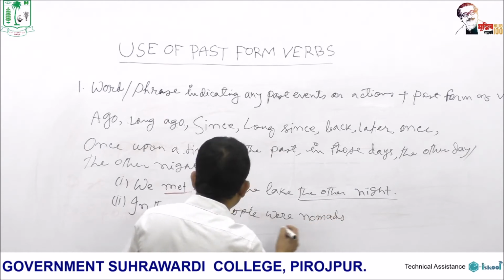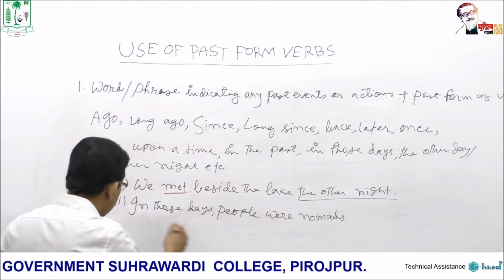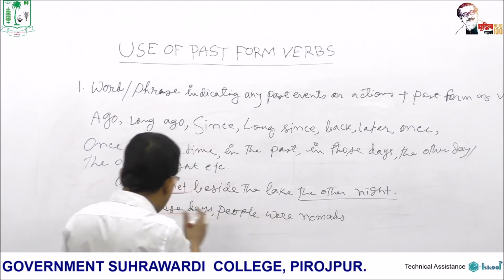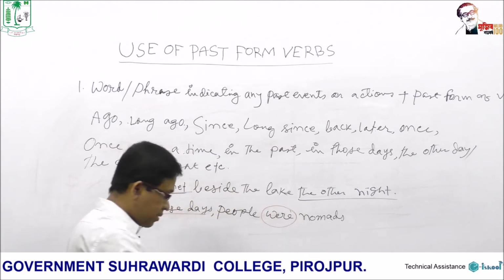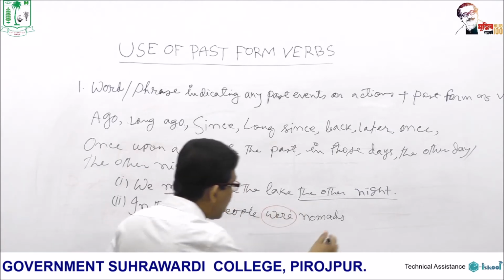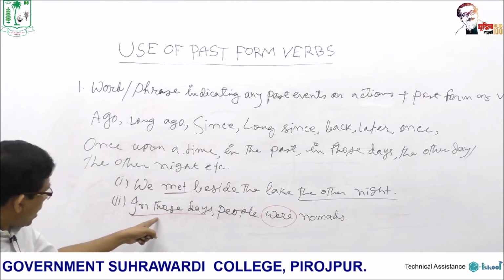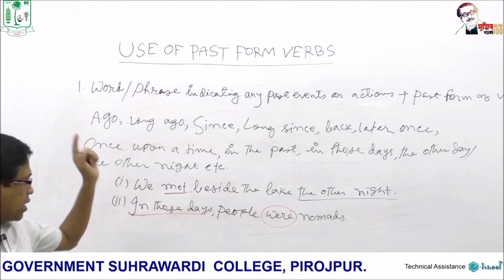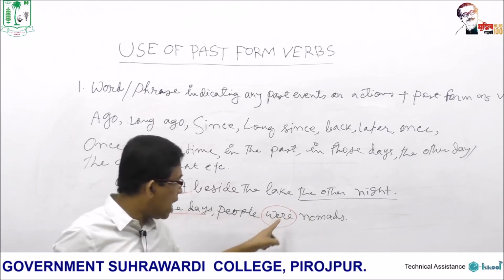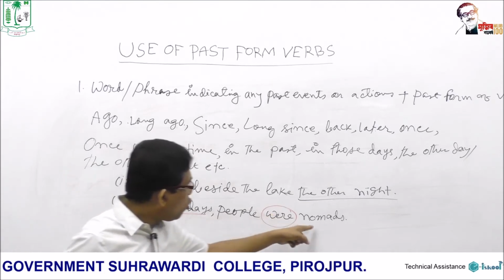People were nomads in those days, that is previously, in the past. Here "were" is the past form of "are", because here we are getting a phrase which is indicating some past event. In those days, that is in the past, people were; we should use the past form of verbs. Nomads,